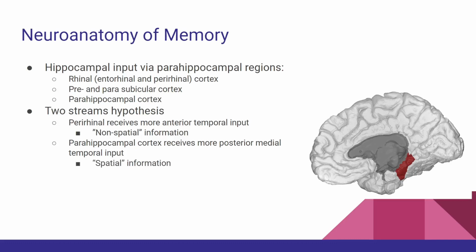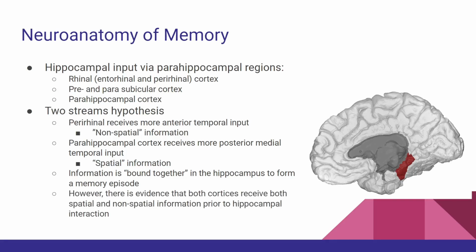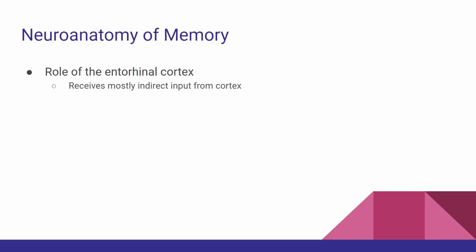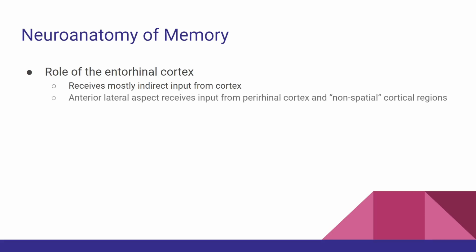So this contains more spatial related information. And the information is bound together in the hippocampus to form a singular memory episode. That said, there's evidence that both cortices receive both spatial and non-spatial information before that information is transmitted to the hippocampus. The entorhinal cortex plays an important role in that it receives mostly indirect input from the cortex, and the